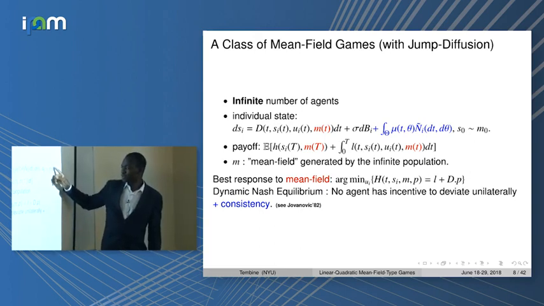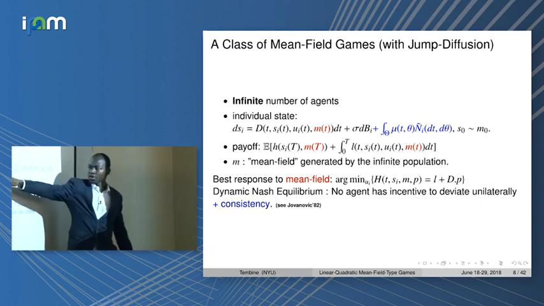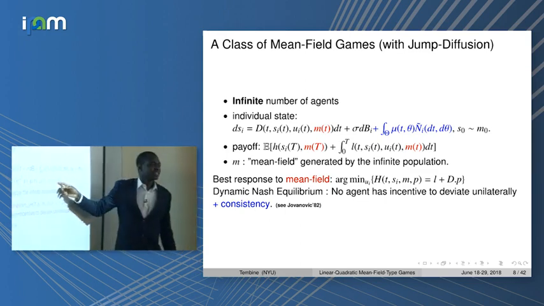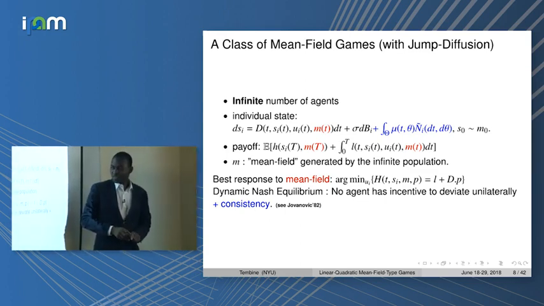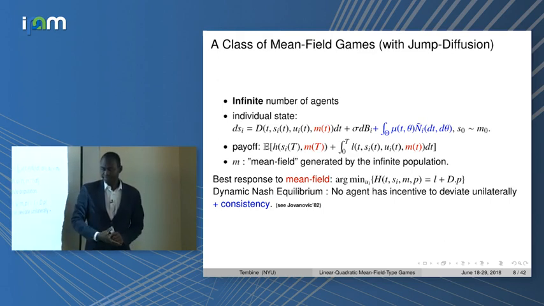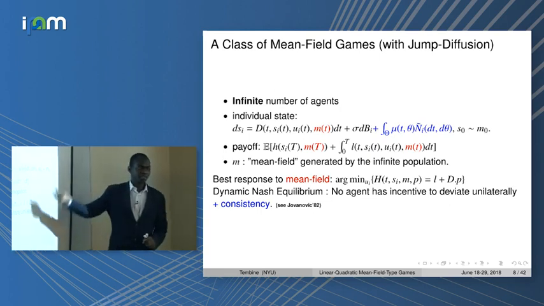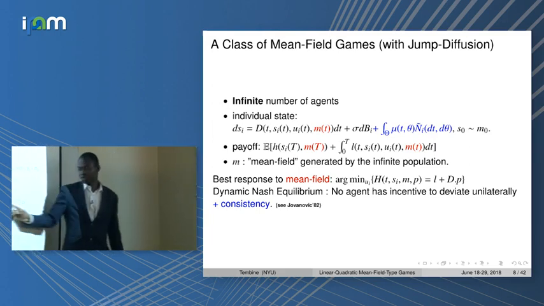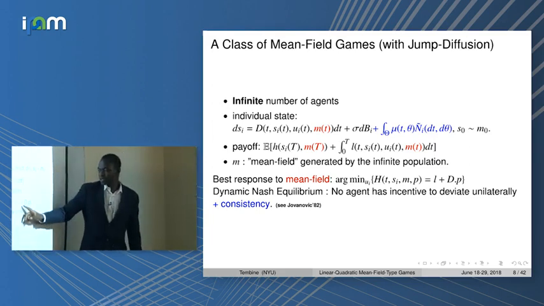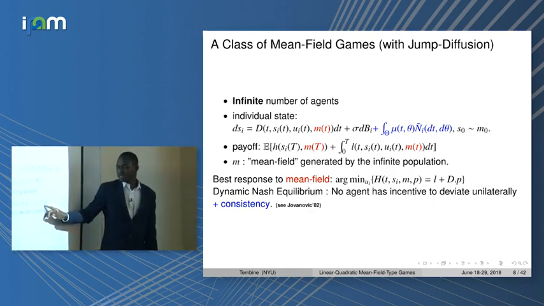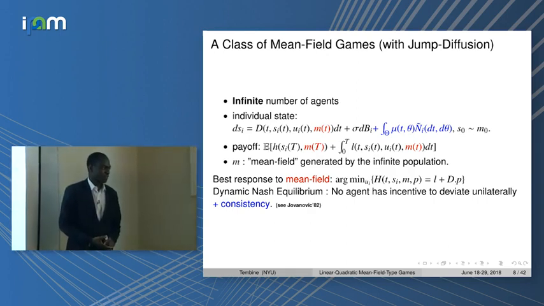So you start with the initial distribution of agents, and each generic agent runs this type of object. And you want to optimize the long-term payoff. So that's the cost function, terminal cost, and then running costs here. Mean-field equilibrium. Same definition as Jovanovic, no need to change anything. Kolmogorov forward equation coupled with the Hamilton-Jacobi, where the Hamiltonian here I'm minimizing, so it's L plus the drift term, the drift is here, b times p. p will be the gradient of the value function.